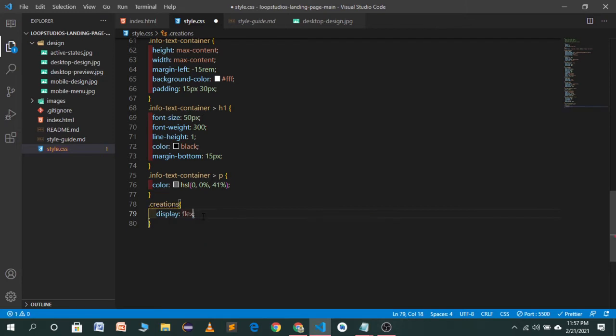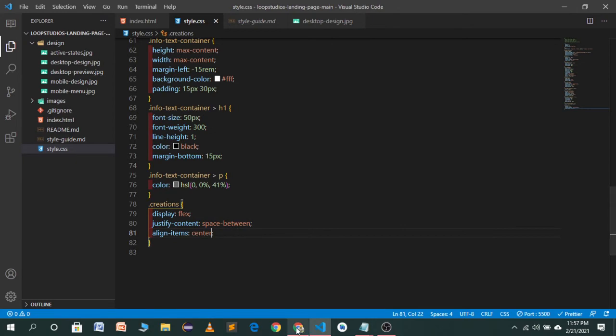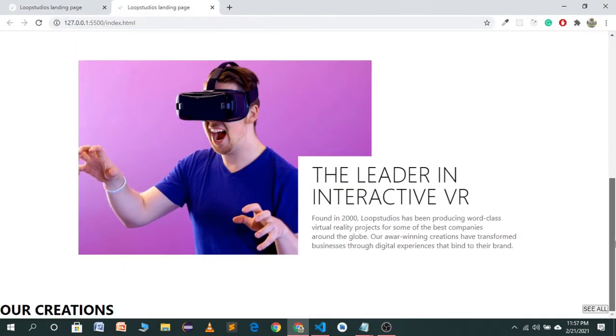We'll use display flex. Justify content will be, I think, space between or space around. Let's try space between. Align items center, not stretch. Center. Save it. Let's see how it will look. Go to our website which we are building.